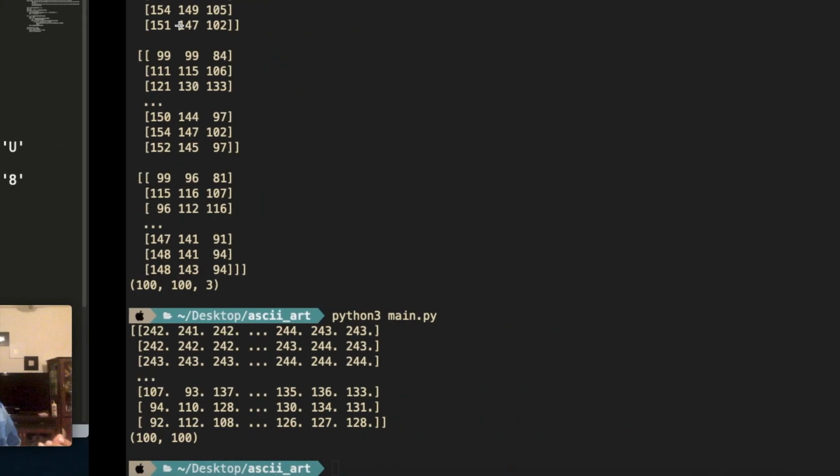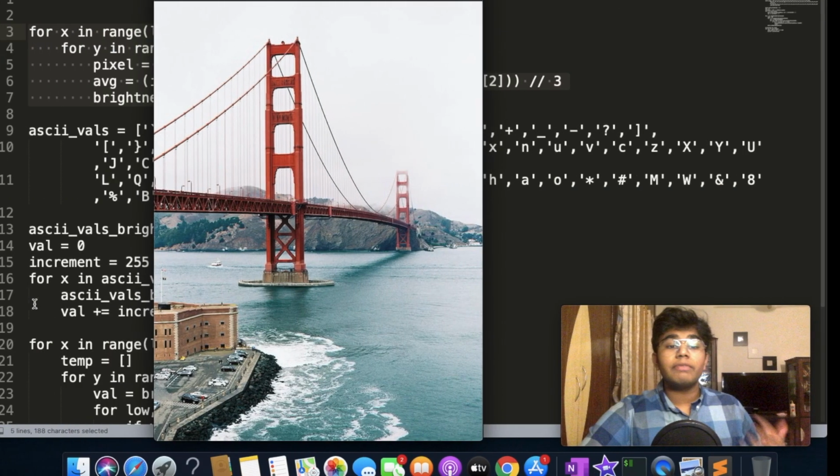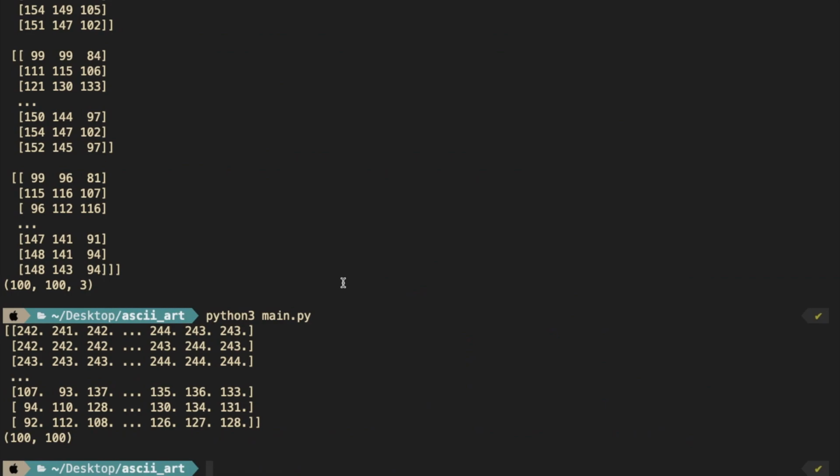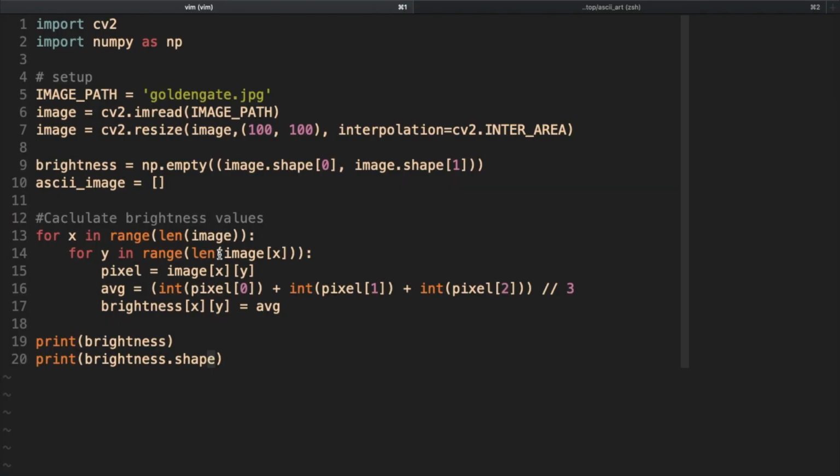So you can kind of tell that when you have a higher value, it represents more whiteness or just brighter colors. But the bottom right is darker than the top left. So that kind of makes sense on why it's a lower value than what's on the top right. Okay, so now that we have our brightness array, we can move on to the next step, which is to